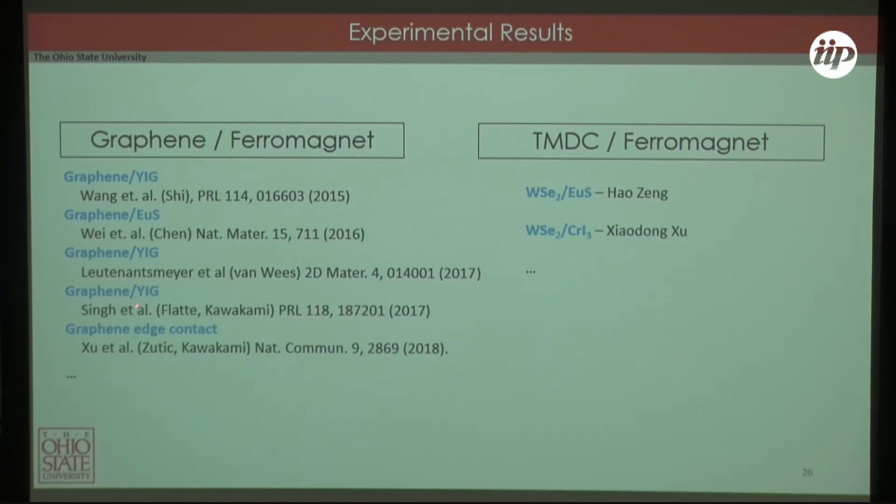Here are the works that I know about in graphene. There may be more. These are the works that I know about in TMDs. I might not be completely accurate here. I don't have the references. They were there yesterday. But they've been observed in both systems. I think in the long run, these will be very important types of interactions, both the proximity spin orbit,